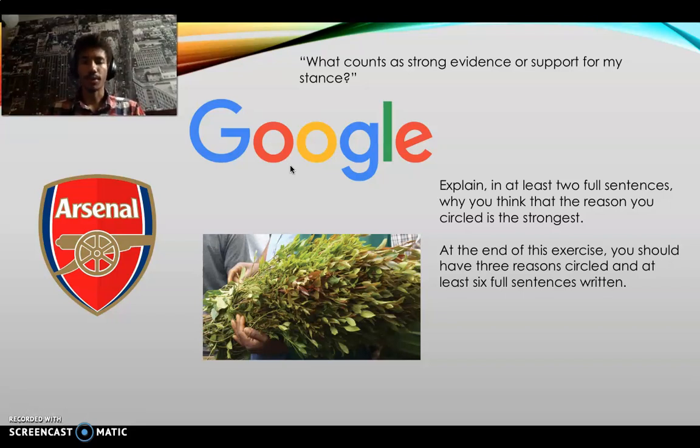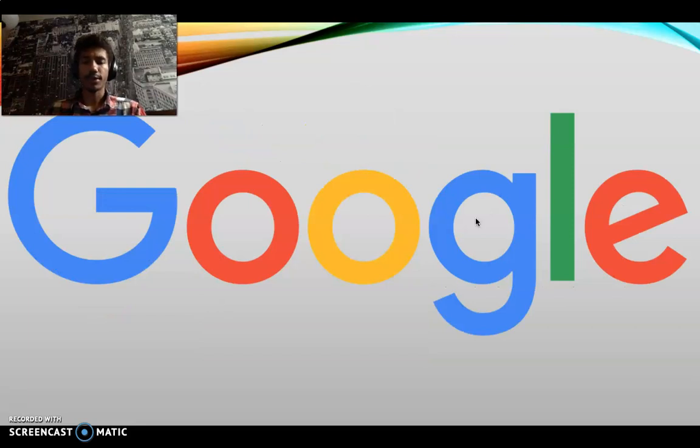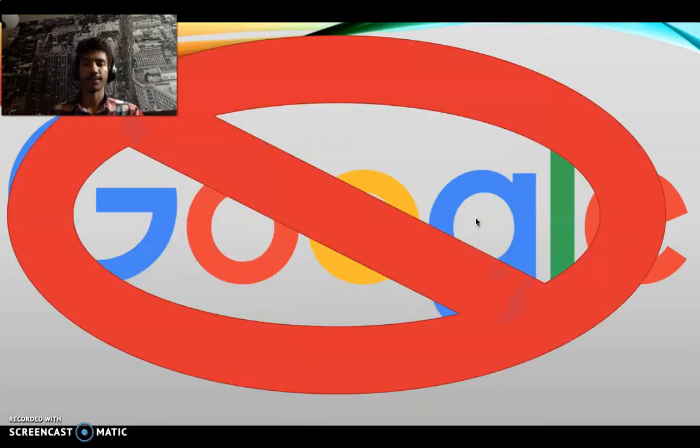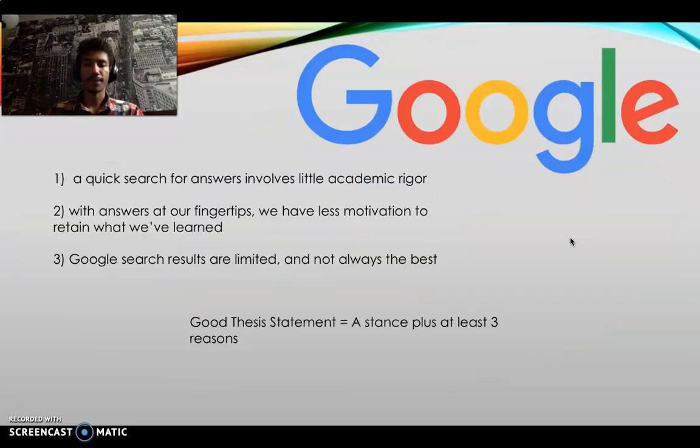Well, I also did some homework from last time, and I took the Google opinion. Let's see what I did with it. After a long time thinking, deliberating, I've come to the conclusion that Google is not good for student learning. But teacher, why, you may ask? It has so many great sources of information. That may be true, but this is my opinion, remember. And I will back it up with pieces of information or evidence. Let's see what I got.